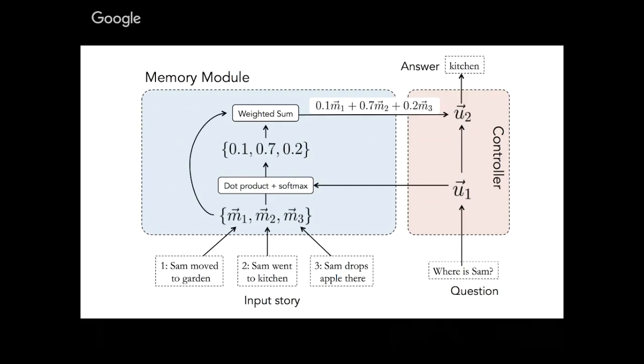Yeah. So each memory, or rather each sentence, is compared to your query, and you sum up, what is sum up again? You sum up the embedding of the input sentence, the dot product of the embedding of the input sentence with